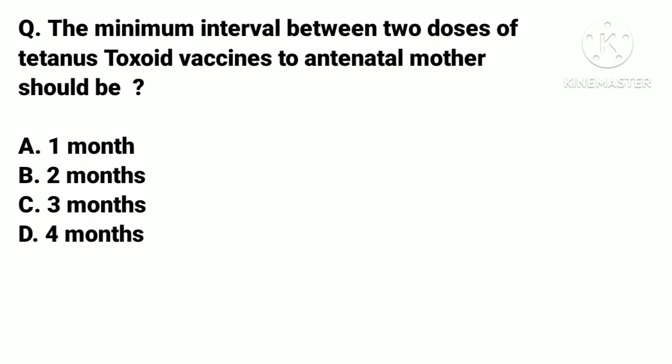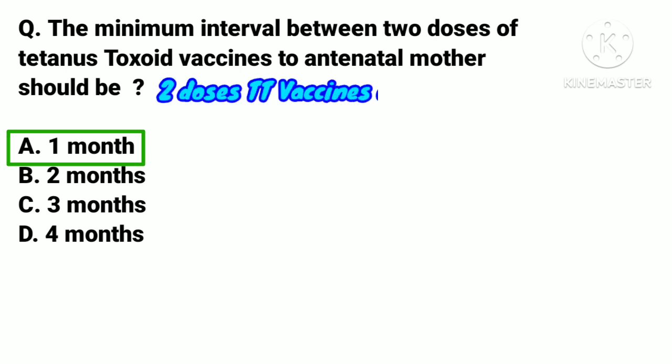The minimum interval between two doses of tetanus toxoid vaccine to an antenatal mother should be: A. 1 month, B. 2 months, C. 3 months, D. 4 months. And the correct answer is A. 1 month. During antenatal care, two doses of TT vaccine are given to pregnant women, known as TT1